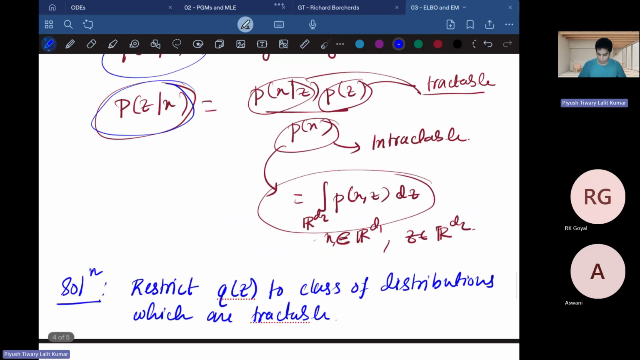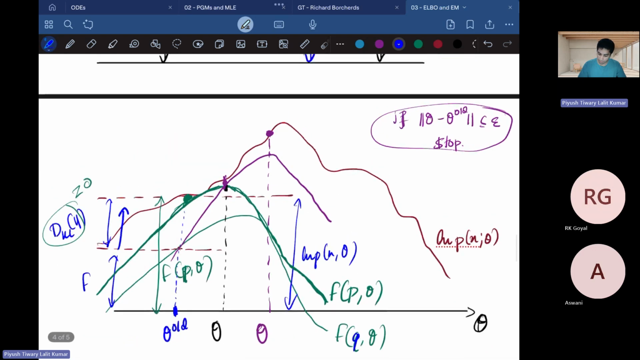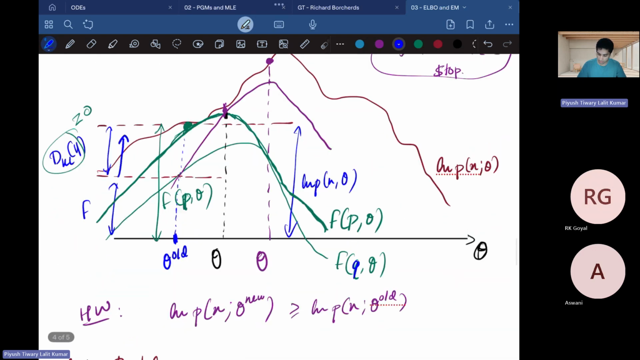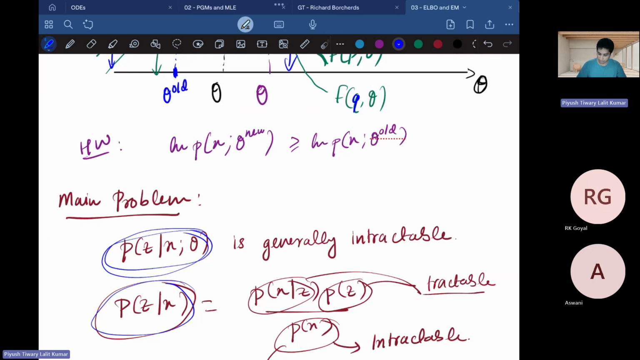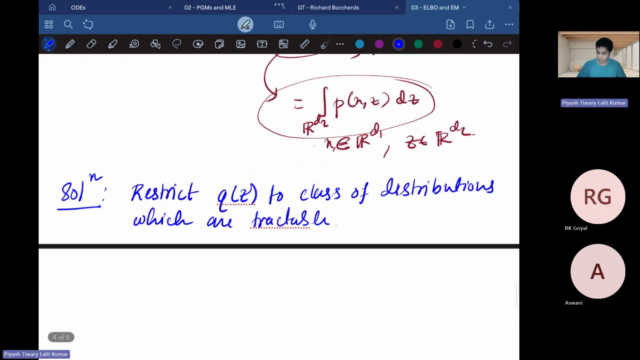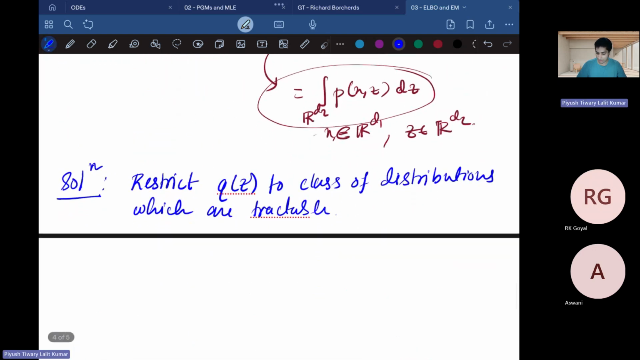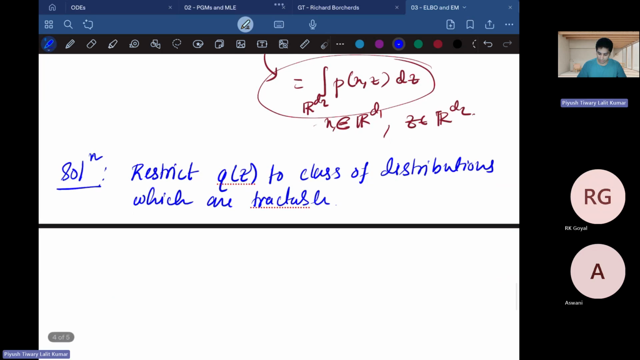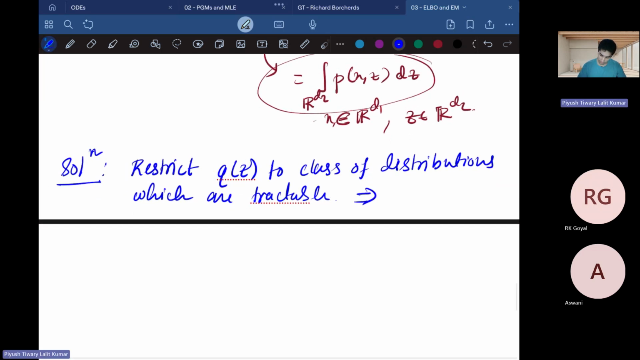What do I mean by this? So you remember in the E step, we always substituted Q of Z to be equal to this distribution, right? And we did that EM step. But if it is intractable, what we are saying is that in those cases, we will simply restrict Q of Z only to the class of distributions which are tractable. And this is what is called variational inference,